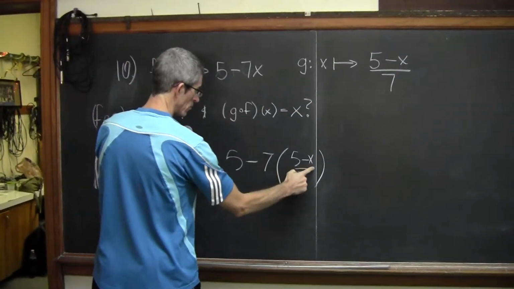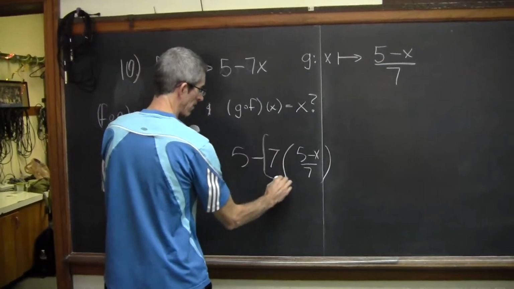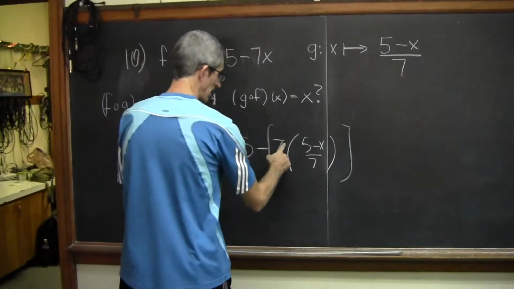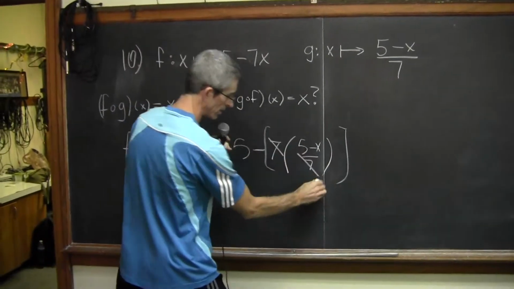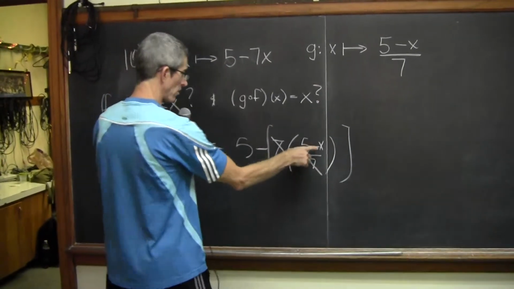Multiply this 7 through. That minus sign trips up a lot of people on the test, so I'm going to bracket that off, do all the math in here first, and then do the minus at the end. So 7 times 5, well actually you can just look at it right here. Cross off 7 and 7. You don't have to do all that stuff. You can cross them off immediately. So all I'm going to have left is